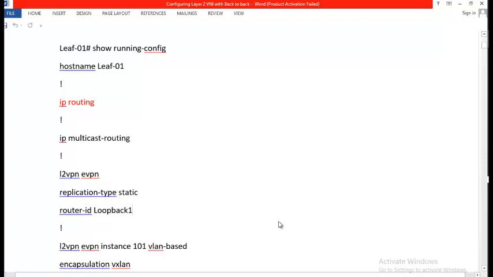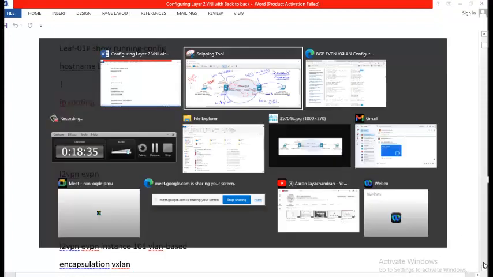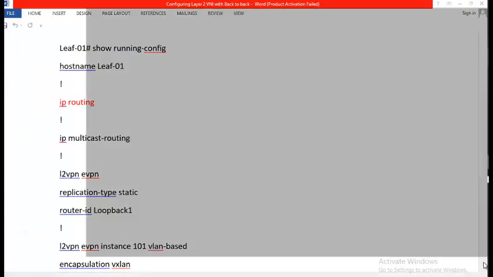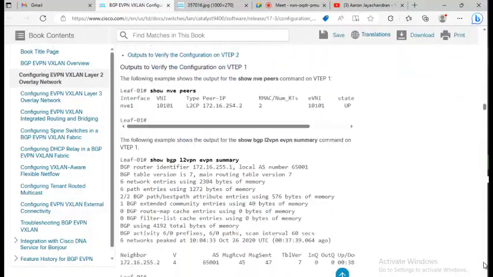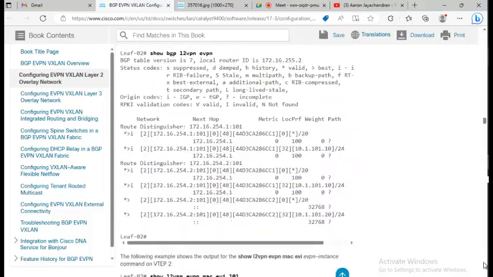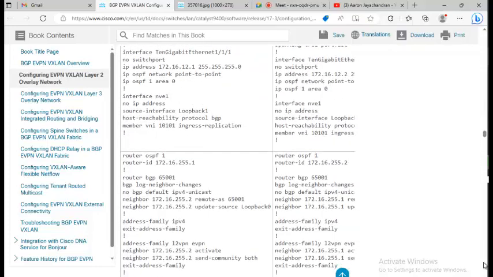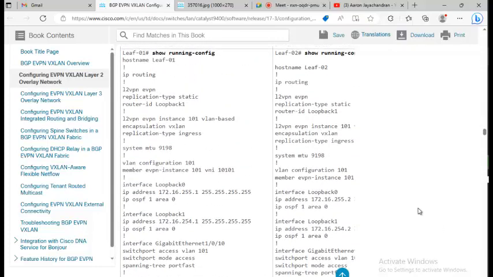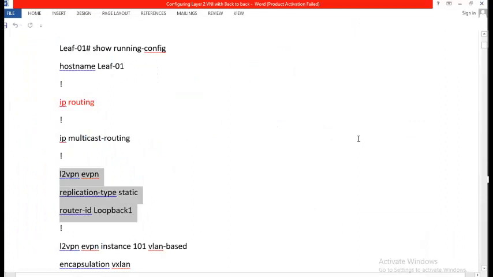Now there will be slight difference in this one. Wait, let me check and tell you. There will be slight variation in the command. I want to go to ingress replication. This is ingress replication. Sorry, it's the same thing. For ingress replication also, it's the same thing. Next is